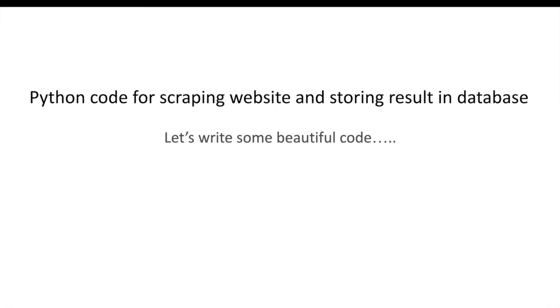Like last time, I described what I'm going to write and what I'm going to do. So this time, I'm just going to start with the coding itself. Again, the idea is pretty much basic. I'm going to write a script or my set of functions which I can apply on any website. In these functions, I'll be doing all those redundant tasks which I do repetitively every time I do scripting. So let's go.